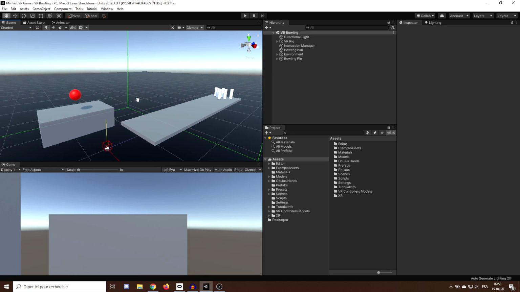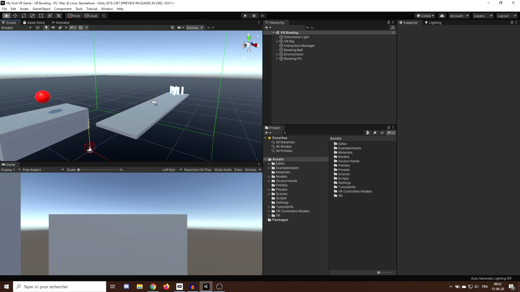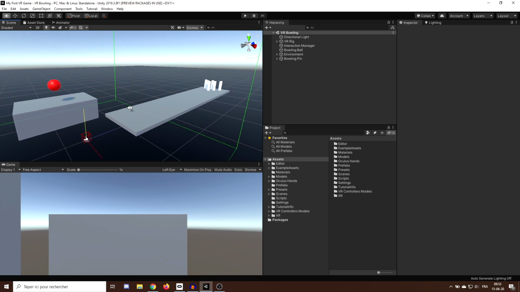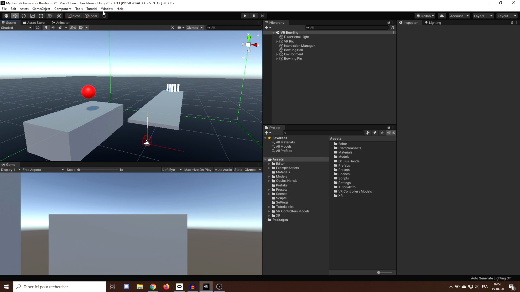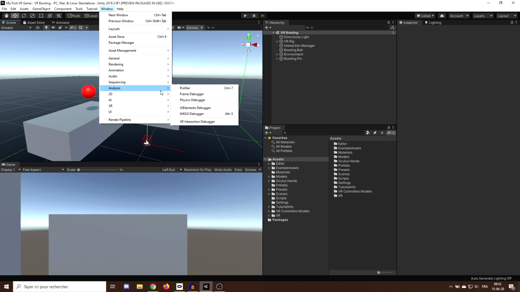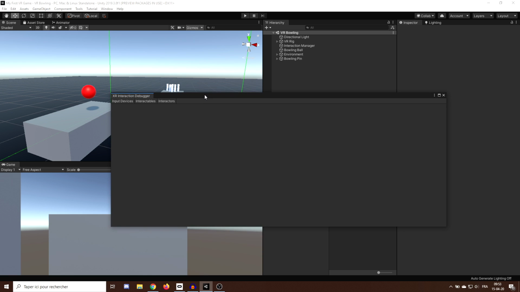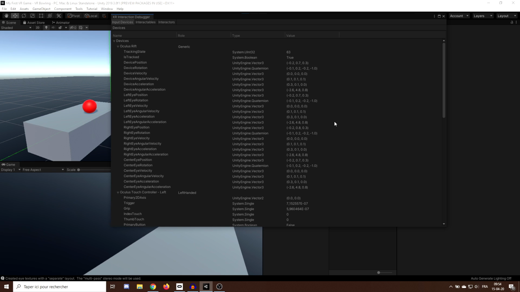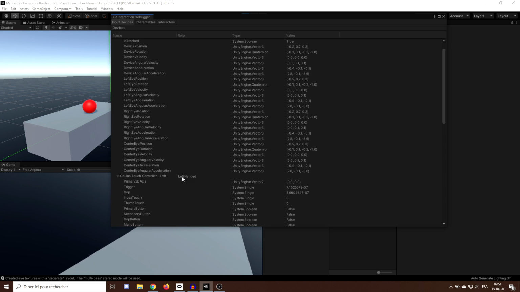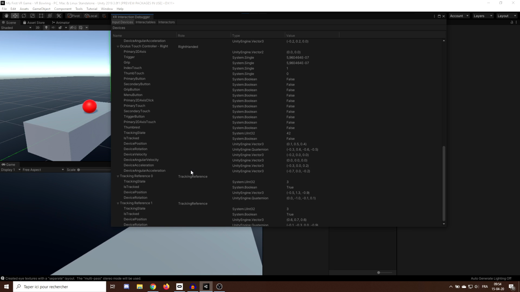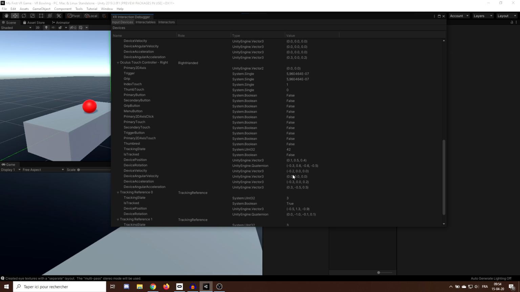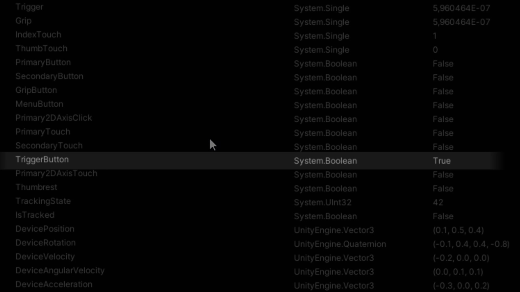Okay, so we are back in Unity, where we were at the end of the last episode. The first thing that I want to show you is the XR interaction debugger. So let's go to Window, Analysis, Input Debugger. As you can see, we have a new window that shows up. And if we activate the input device and click on play, you can see that my headset and controllers are showing and that we have all kinds of information for them, starting with their name, the position, the velocity, but also the buttons. So for example, I can press the trigger button here and you will see this